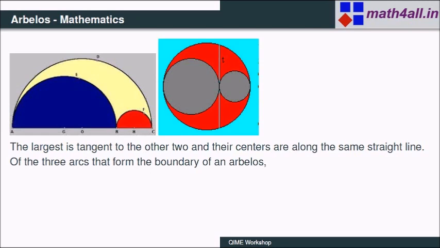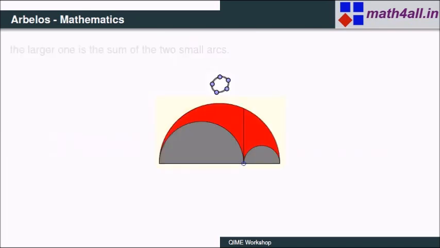Right. So this is what Arbilos looks like. I tried to construct it in GeoGebra, and let me see whether I can. My construction. Yes, it is here. So this is Arbilos. So construction of this Arbilos in GeoGebra itself